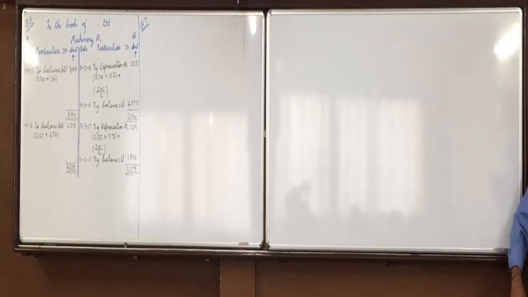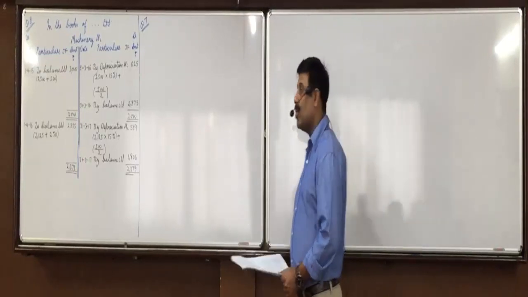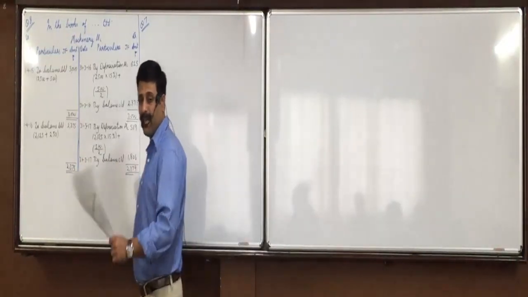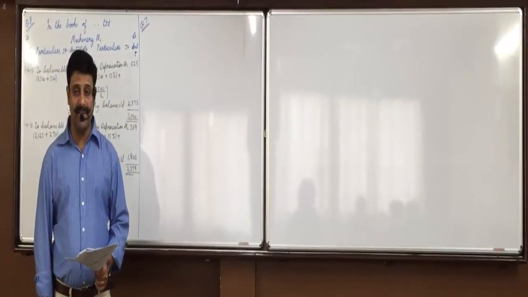Hitherto means up till now. Up till now it was not applied. So maybe in your past books of accounts, separate cost and component is not available. So in case in your books of accounts, component part cost is not available separately, then you look at the invoice which was at the time of purchase. If it provides the breakup of the cost, then you can get the idea from that.